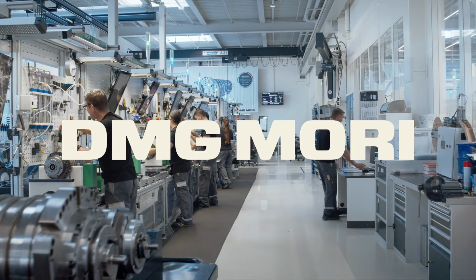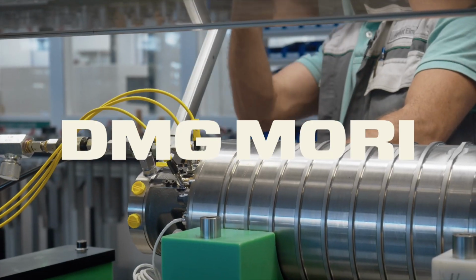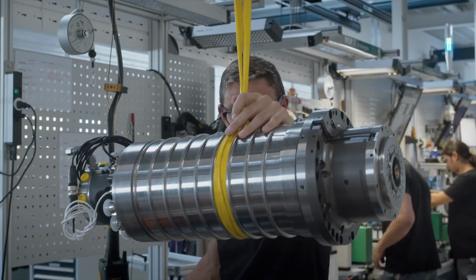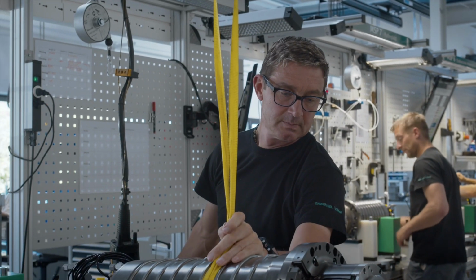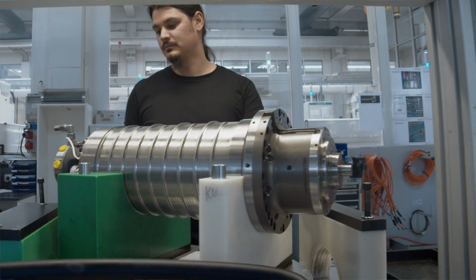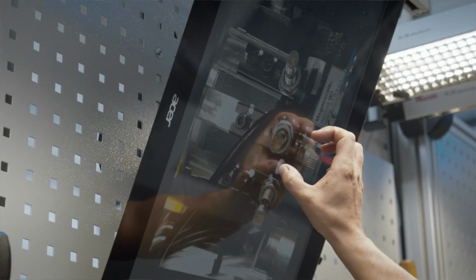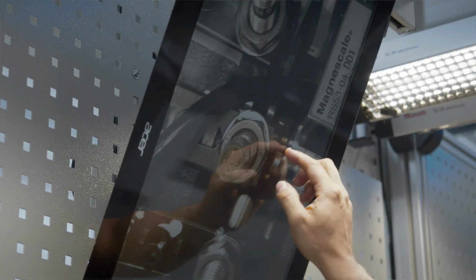Paper on the shop floor is the standard. How could we get rid of the paper? How to make information available everywhere? And how to use the experience and the know-how of our shop floor people and bring it into a smart piece of software? We started with Tulip basically here in the spindle line in front end with a pilot that